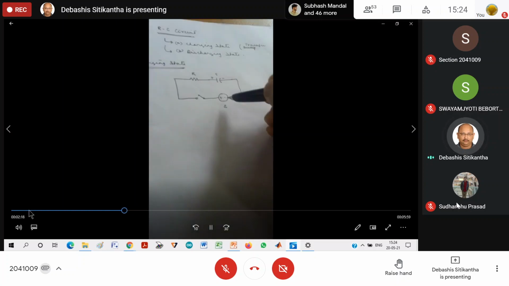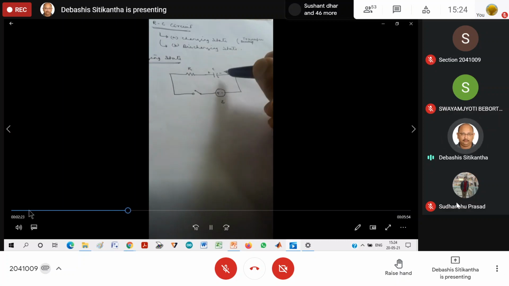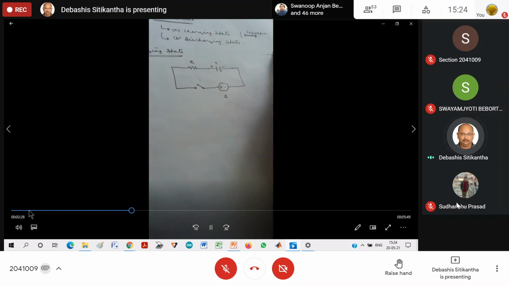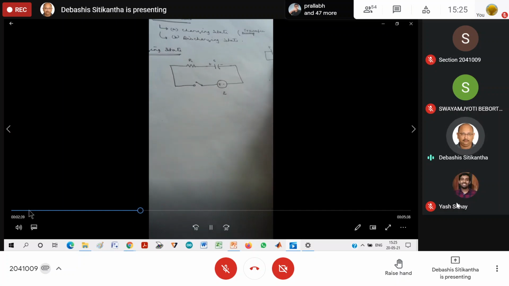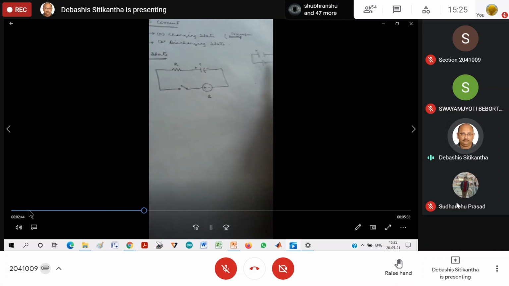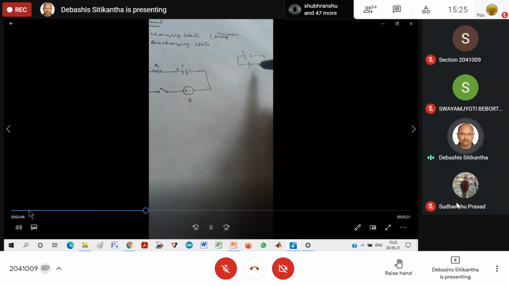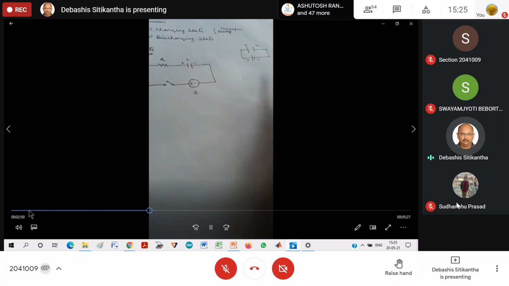So basically what we have learned is that when we apply a DC voltage to an uncharged capacitor, previously when it was uncharged, the two conductors did not have any sort of polarity. Now because of the application of the voltage, the one which is connected to the positive terminal of the voltage source will gain the positive polarity. The other one which is connected to the negative terminal of the voltage source will gain the negative polarity.